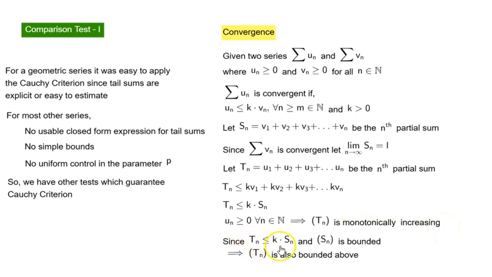And since T sub n is less than or equal to k times S sub n, and the sequence of partial sums S sub n is bounded, this implies T sub n is also bounded above. The sequence of partial sums T sub n is convergent and therefore the series U sub n is convergent. Okay, later on we will look at an example for this, but now let's look at it from the divergence point